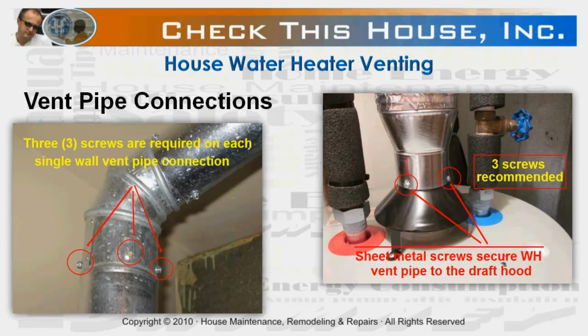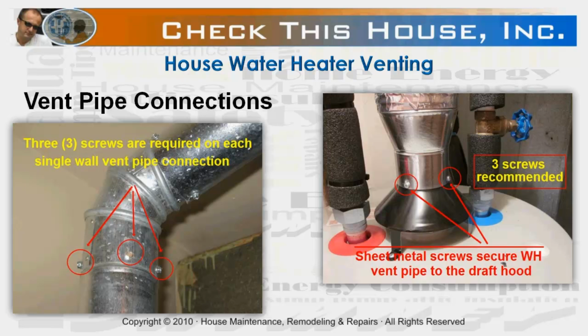Another extremely important subject, single wall vent pipe connections. The draft hood and a single wall vent pipe connection should be secured with sheet metal screws, 3 per connection on a single wall vent pipe are recommended. Do not use regular duct tape to secure or seal connections. Some building inspectors don't even allow aluminum tape on joints simply because it hides problems like corrosion or holes developing